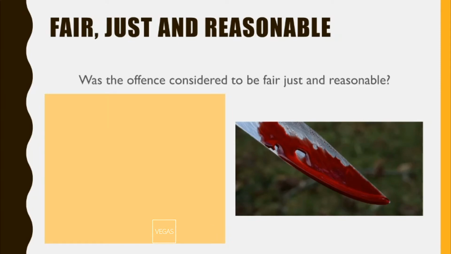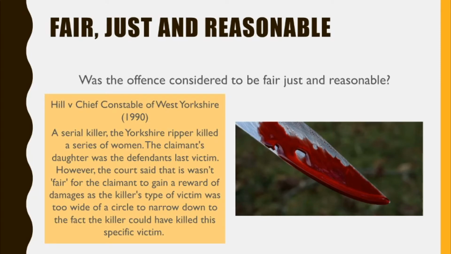Was it fair, just and reasonable? Hill versus Chief Constable of West Yorkshire. This is the case that we use for fair, just and reasonable. A serial killer known as the Yorkshire Ripper killed a series of women. The claimant's daughter was the killer's last victim. However, the court said that it wasn't fair for the claimant to gain a reward of damages, as the killer's